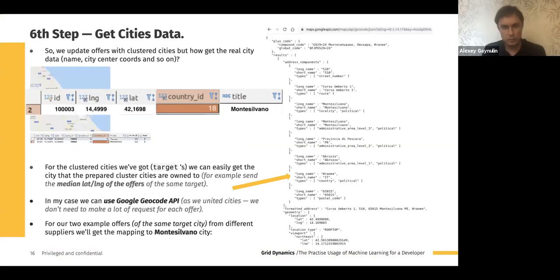Maybe it will not be a percent, it will be 10 or maybe 5 cities of these 2,000 cities where Google did not provide an appropriate result. 5 cities out of 2,000, but I just do the following. I just code some. If I didn't get a result, I just